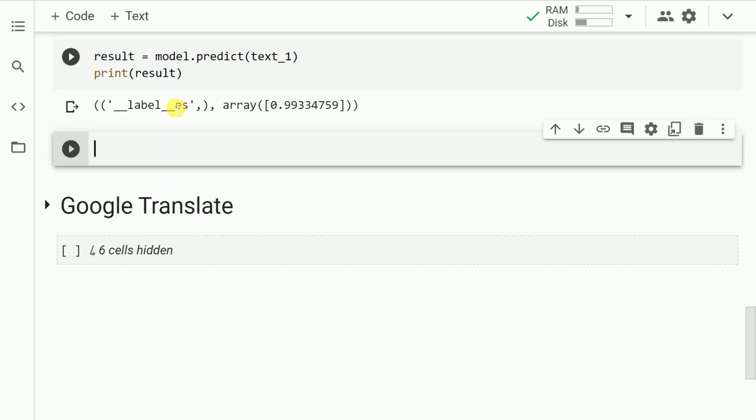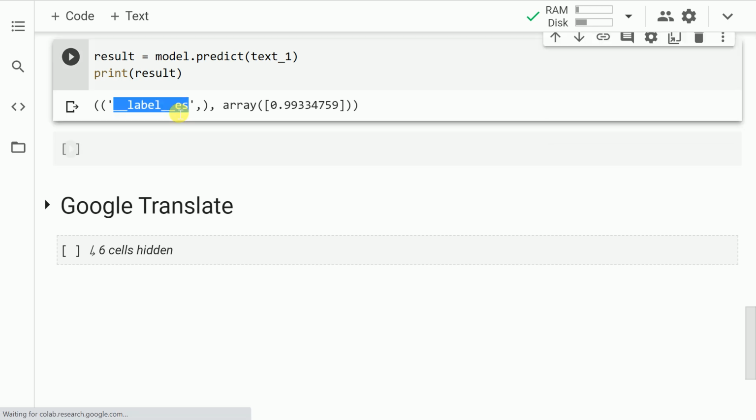So as you can clearly see, we have a tuple that is returned. The first piece of the tuple is the language itself. So essentially it tells me that it is Spanish. So this is that part. The second piece is again the probability with which it can predict that it is this particular language. So if I look at the probability score as well, it is a very high score to have. So it is 99.33% confident that the given string is essentially Spanish. Now a lot of you like me who don't know Spanish would be wondering what exactly is the text. Well, let us jump to the third library that I have in mind.